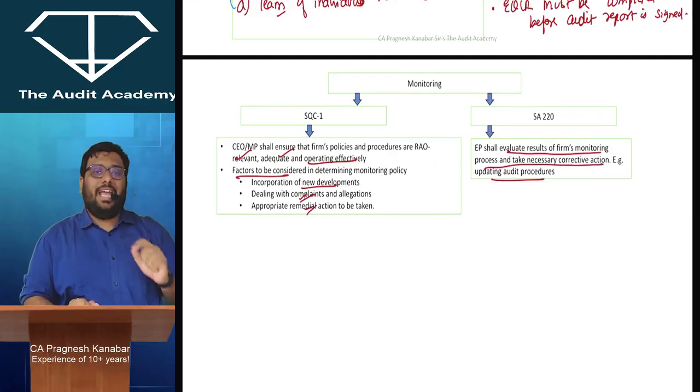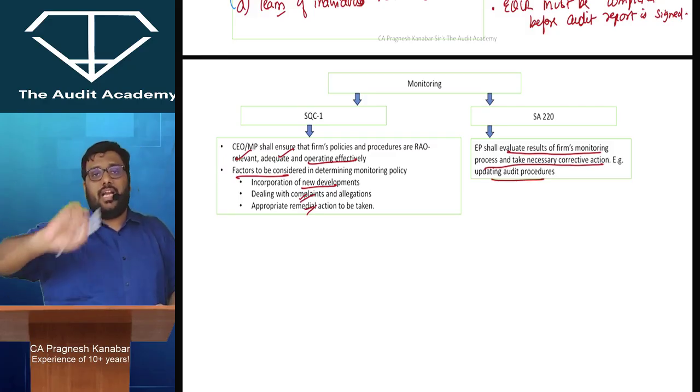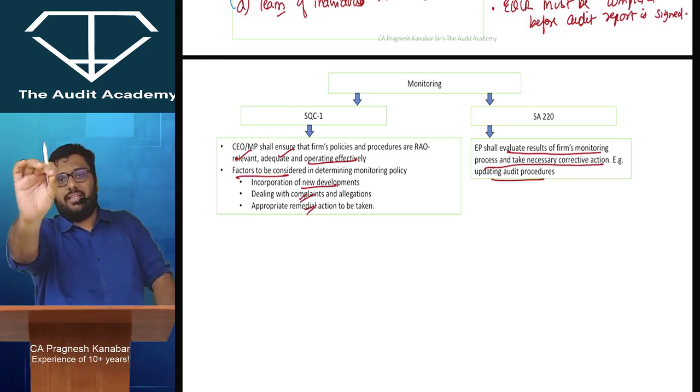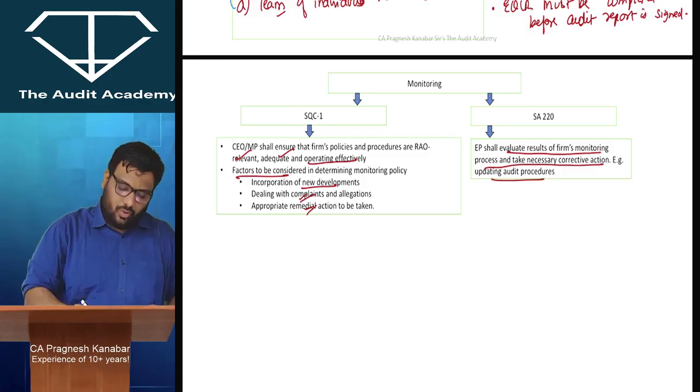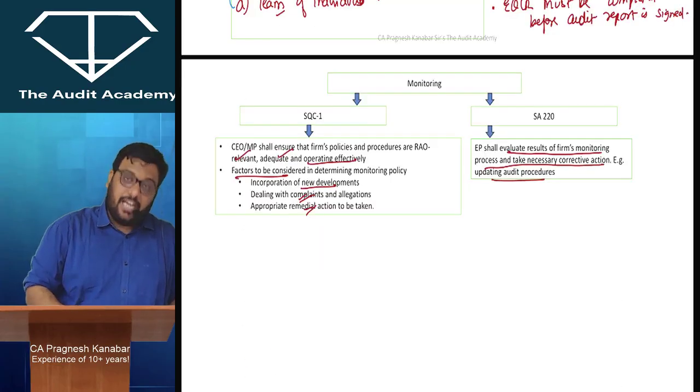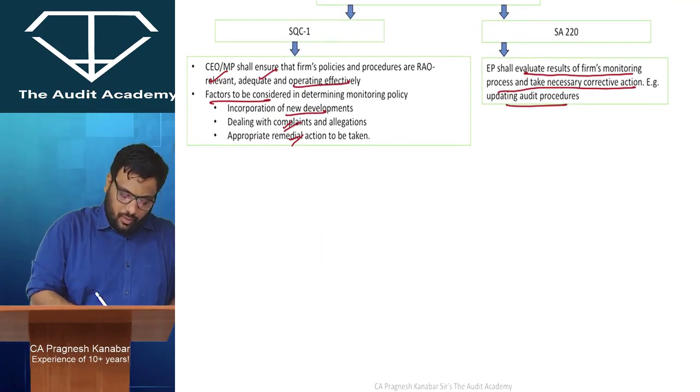So as I showed it to you in the beginning, the 6 elements of quality control system. In SQC1 we are designing it, and in SA 220 the engagement partner is just implementing that at the audit engagement level. That is over. What is the extra thing that you need to do from the module? 2 things. First, you need to read the